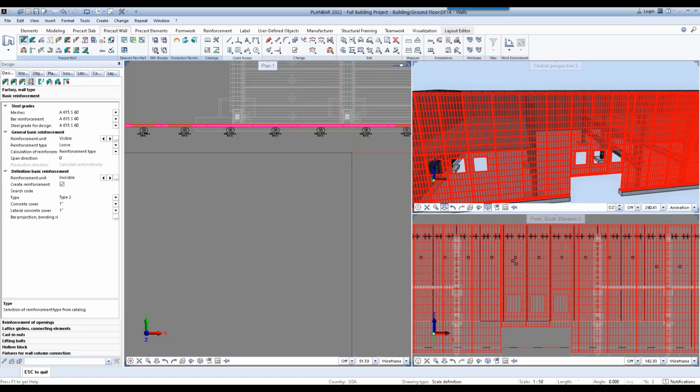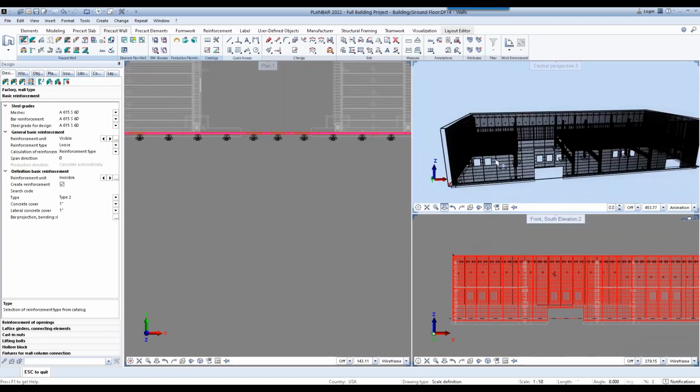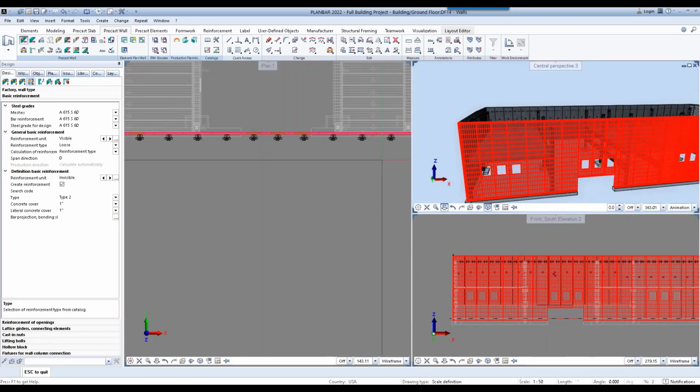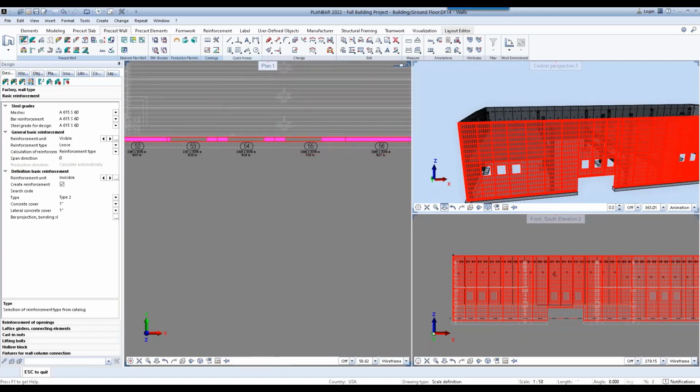So now that we've had all of our reinforcement and our wall panelized automatically for us, we can now start thinking about creating a shop ticket. So I'm going to pick one of these pieces, I don't know, randomly. I'm just going to pick, let's do 54.